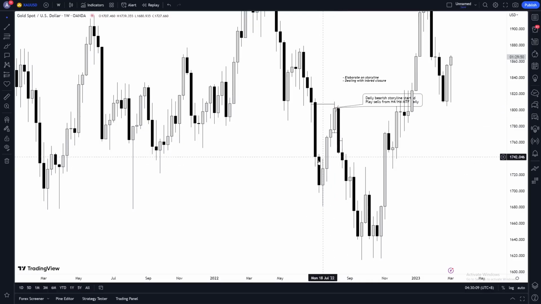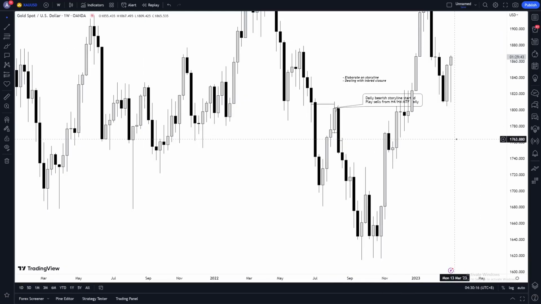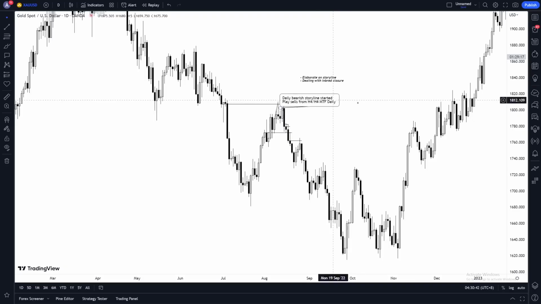Now this is a little bit of a teaser into the next video, right? Into the operation of time frames. When you're dealing with, for example, a weekly bearish time frame, you guys are aware that we play from dailies, correct? So weekly bearish time frame, we play from daily resistance, correct? Sometimes there are so many daily resistances. Sometimes the daily resistances have so many H4s and H1s. So what we like to do is exactly what I just showed you. We're in weekly, right? What I just showed you is what we're going to talk about in the next video.